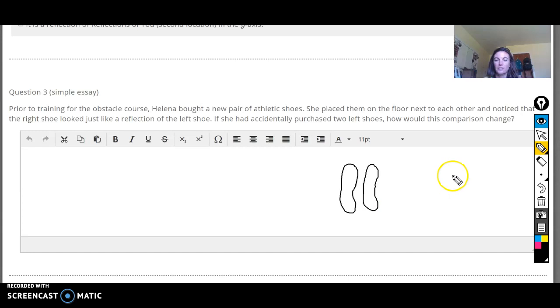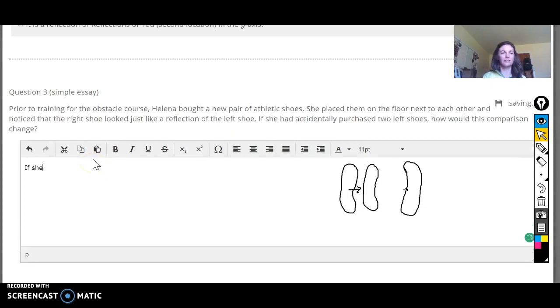That's like your arch, all right? But a reflection would give you that opposite indent, okay? So if she'd bought 2 left shoes, it would have looked more like a translation than a reflection, all right? So that's what I'm going to type in here. If she bought 2 left shoes, the second shoe would have looked like a translation instead of a